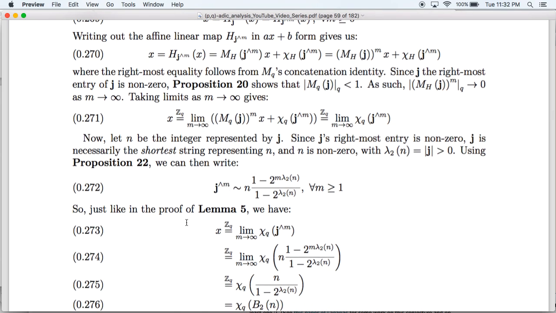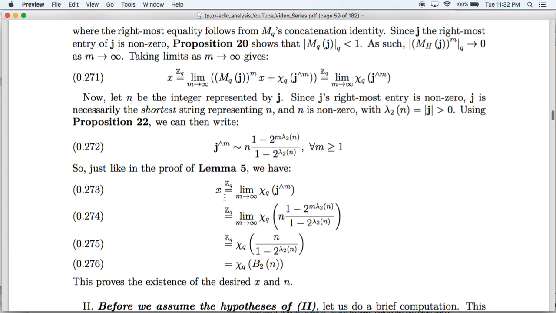Just like in the proof of our previous lemma, x is equal to the limit of chi_q of bold J concatenated with itself m times. This limit converges in the q-adic topology. Now here we're going to replace this by the number that it represents, and then we're going to use continuity to get